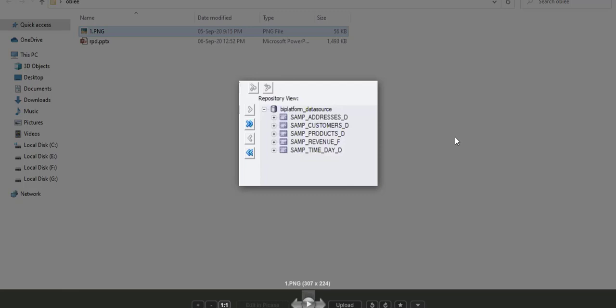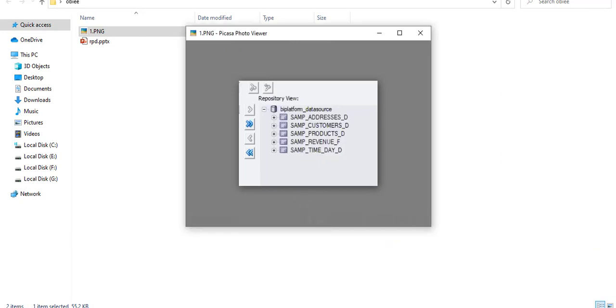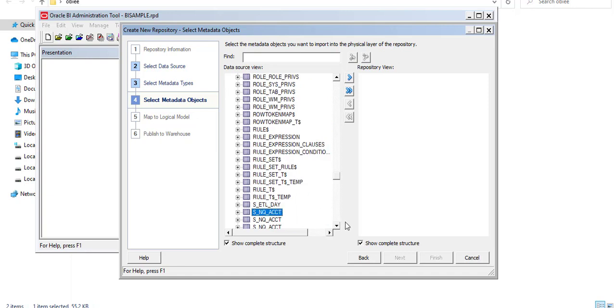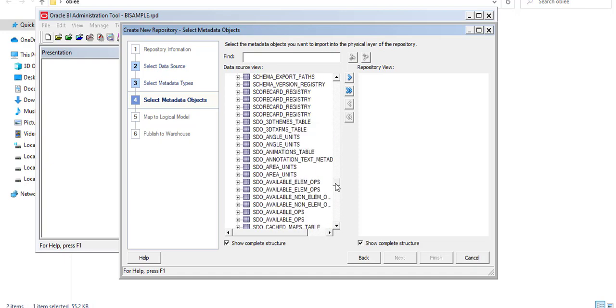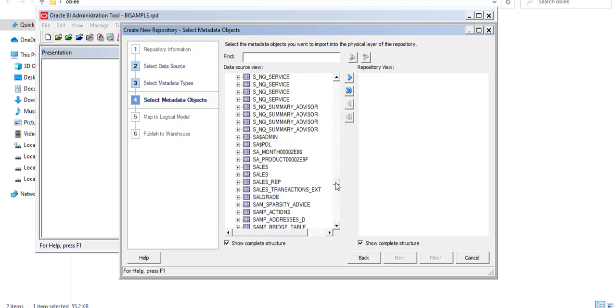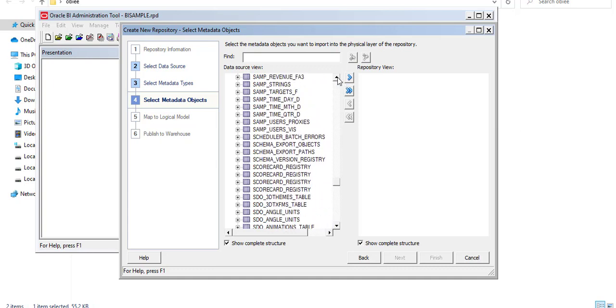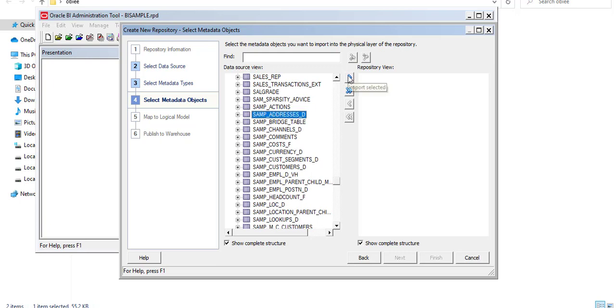You can see SAMP_ADDRESS_D. Just press next.